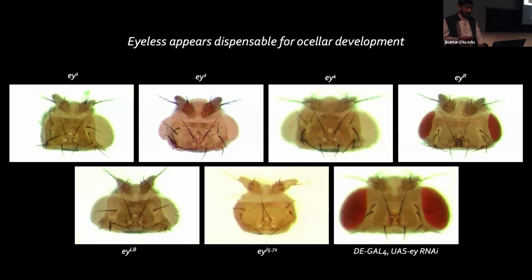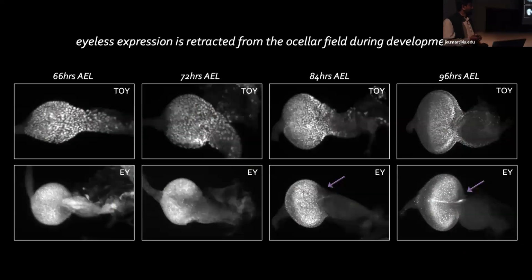It's only twin of eyeless. And this is where our starting point or jump off point was to try to investigate this process. So what we had done is we had actually looked at the expression patterns of these 2 transcription factors beginning at the middle of the second larval instar. So here are antibodies looking at twin of eyeless in the top row and Eyes Sus in the bottom row.